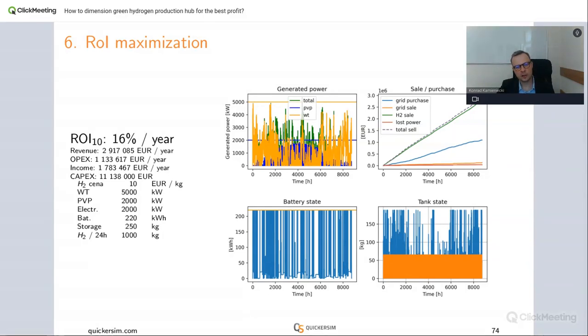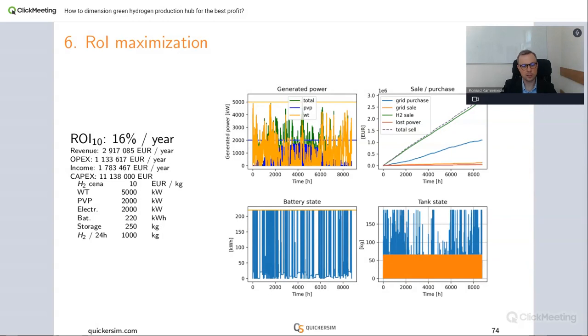Okay, so actually here you can see the optimization was based only on return on investment, so we get pretty strange results. But I just give you this as another possibility of what we can do. Actually, this case may not be very stupid, because I can imagine that we do not store the hydrogen directly, but we can send it to a pipe, for example. Yes, so if we can take off hydrogen through the pipe and transport it somewhere else,